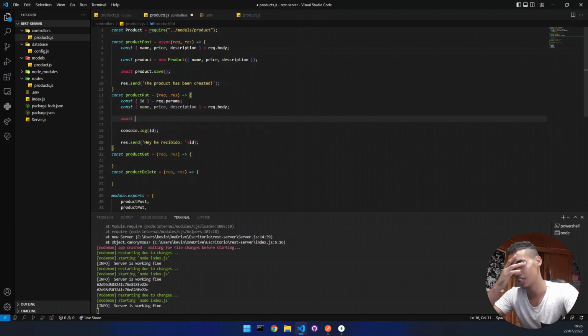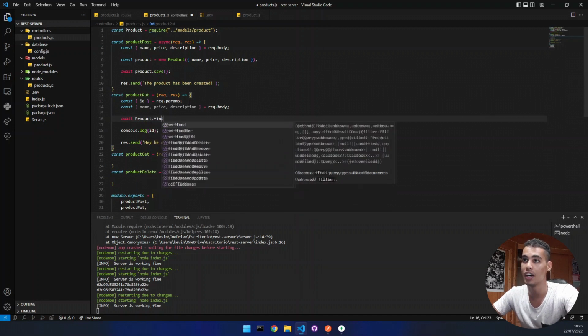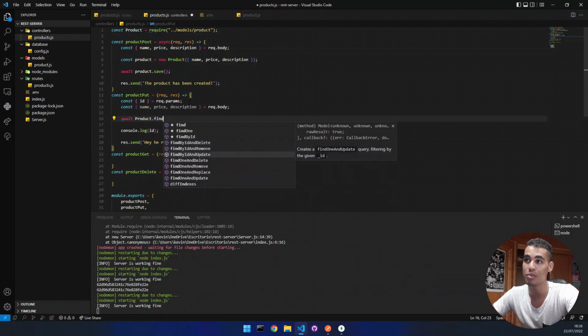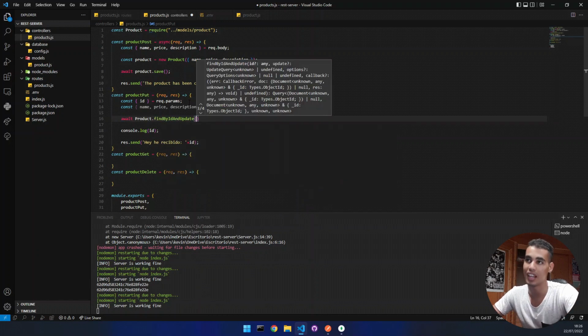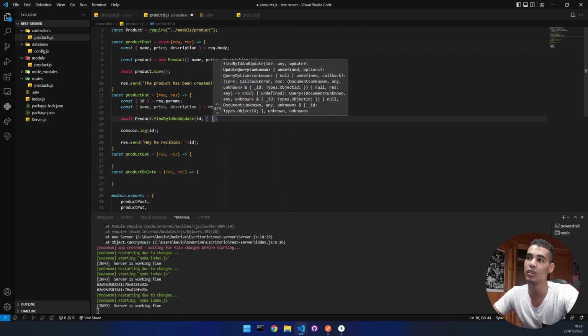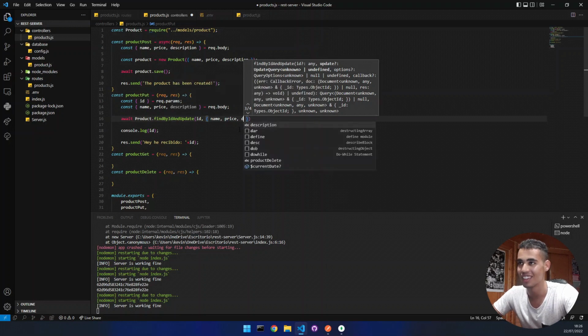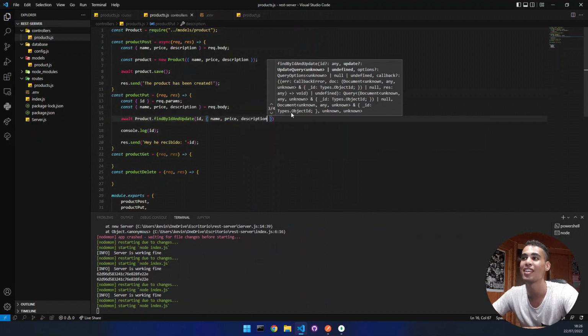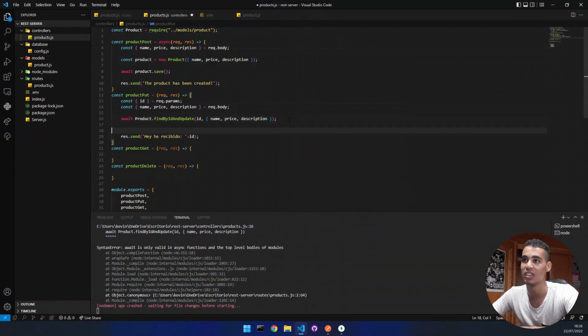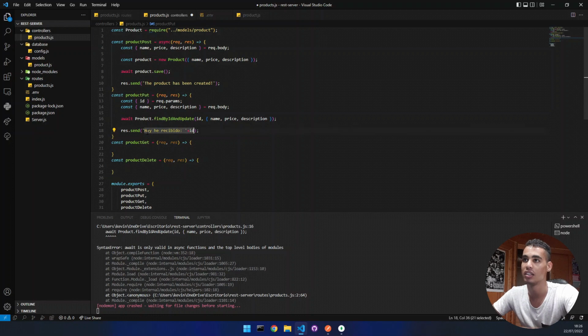Await, because what we are going to execute is asynchronous. Await product find by ID and update, and we need to send the ID and the dictionary with all the things that we want to update. Since this may return undefined, this is totally fine, I think. Let me check because I don't remember well, but I think that this is totally fine. So we put this, we are also going to say that the product